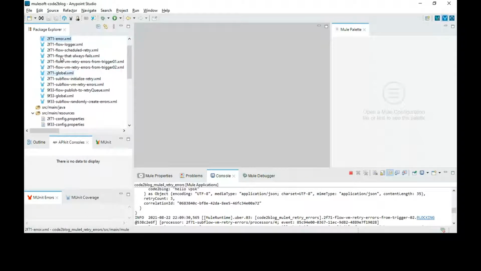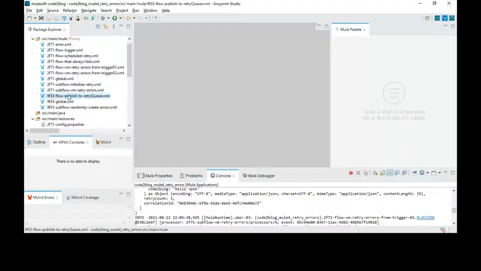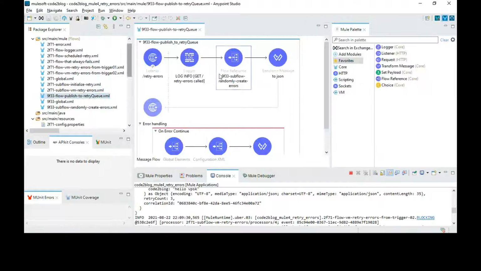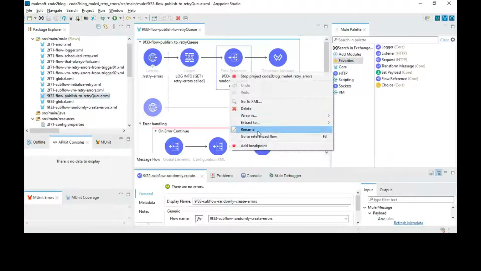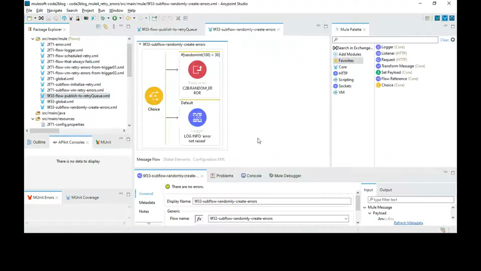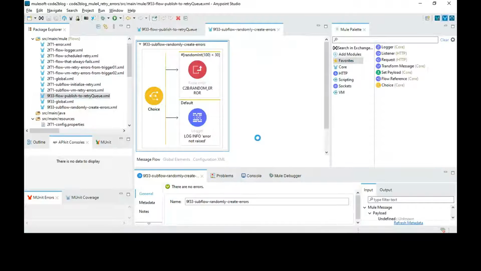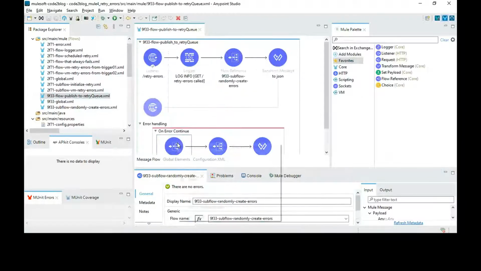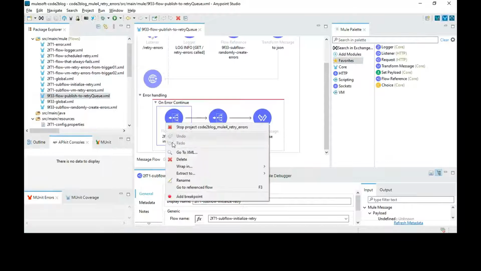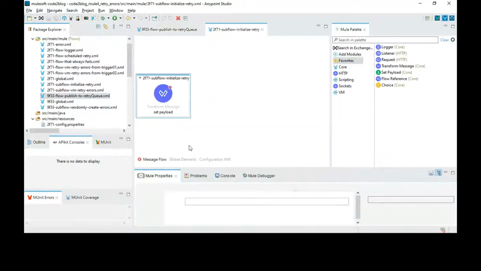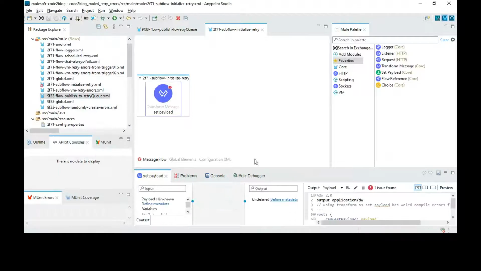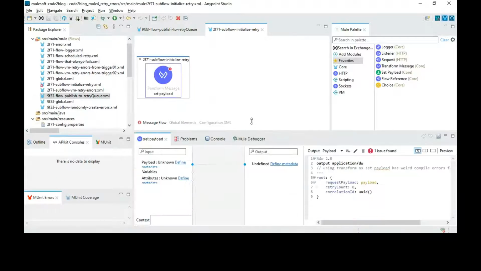Let's look at the flows. So here is the one where I initialize the retry.